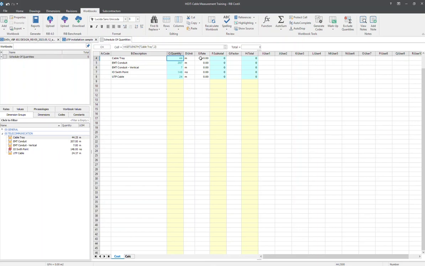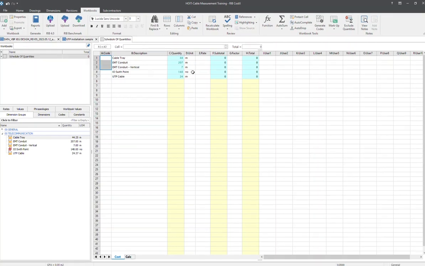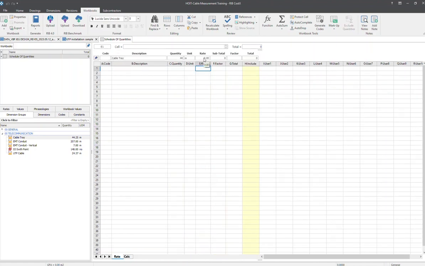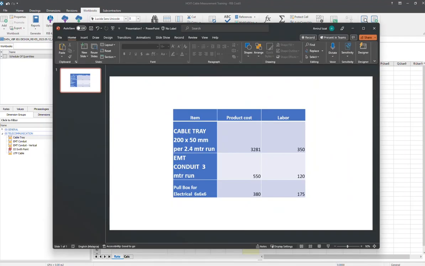So the next one is I'm going to explain how we can create the rates for the installation work. Let me delete this zero first. Now we have the cable tray, which I'm going to drill down to another level of the rate here. This is where I'm going to key in the product cost as well as the labor cost. The product cost quantity will be in meters. If we look at this additional information, we have the cable tray, which has a product cost of 3,281,